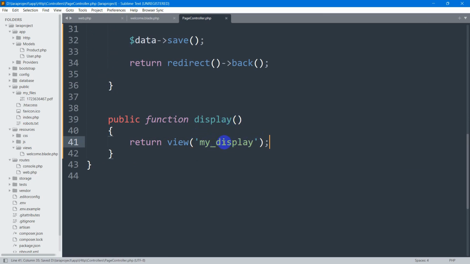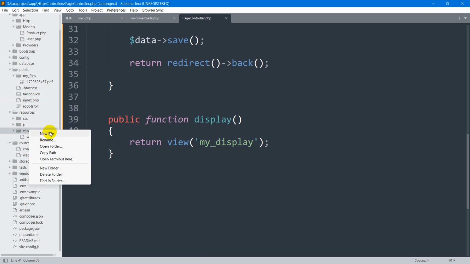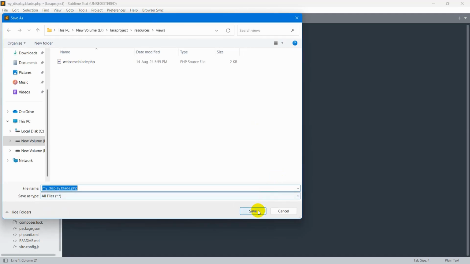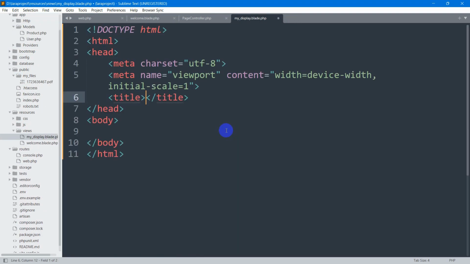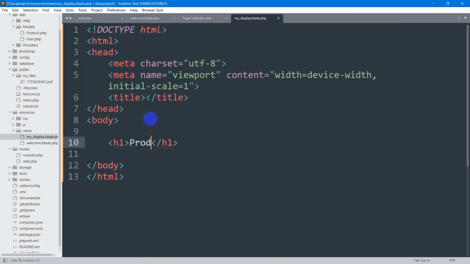So let's go and create my_display.blade.php. I'll just click on new file. Here I'm going to say my_display.blade.php. Control S, then save. So here I'm going to say simple HTML, and let's say here in the body, let's say h1 product